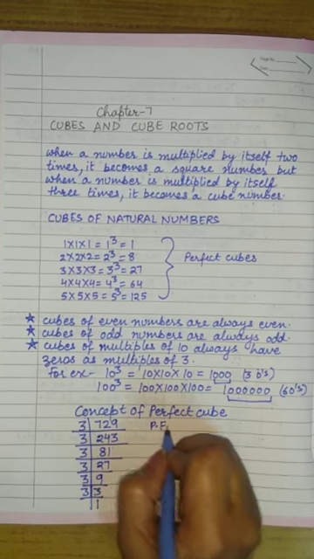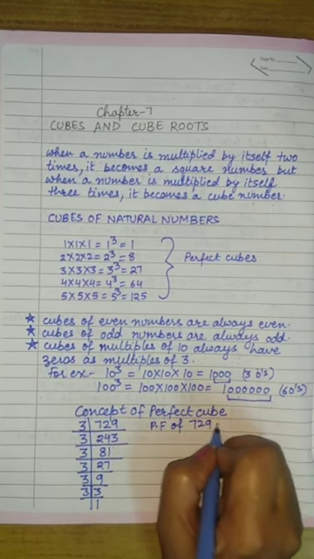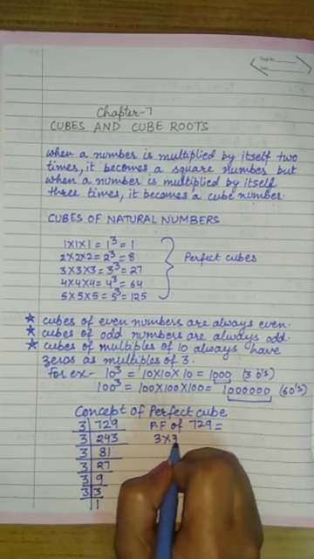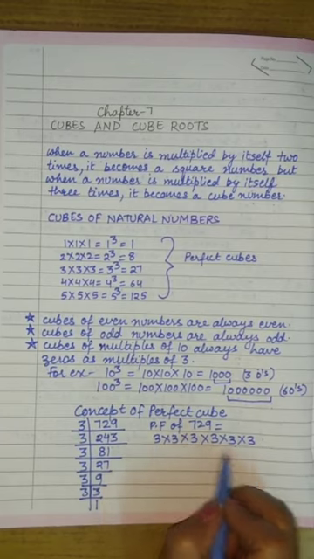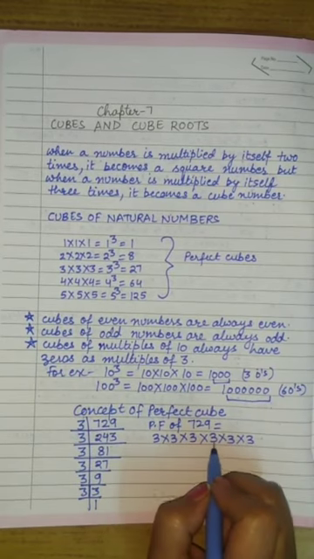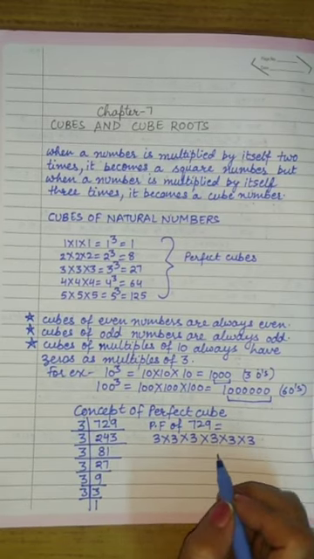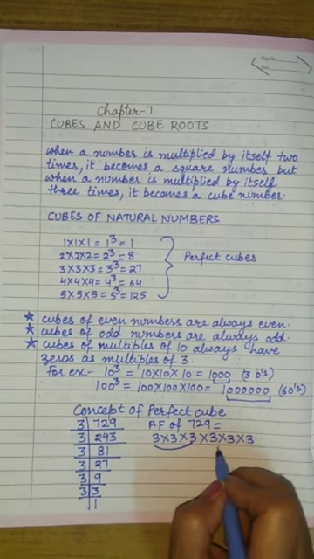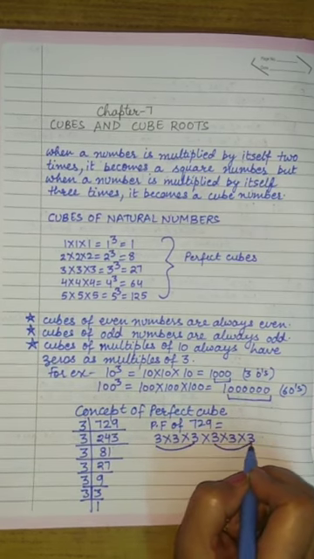So the prime factors of 729 are 3 into 3 into 3, 3 into 3 into 3. In the prime factors of 729, I have 6 threes, meaning the number 3 is occurring in multiples of 3. Or you can say the first 3 numbers are forming a triplet, are identical, and the next 3 numbers are also forming a triplet. So all the prime factors of 729 are forming triplets.